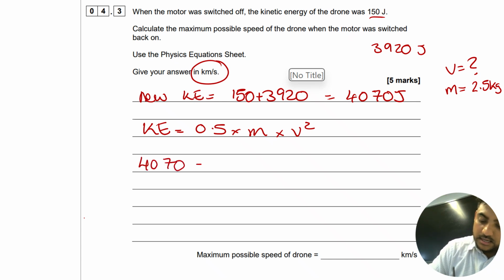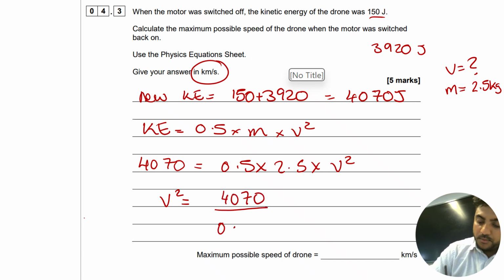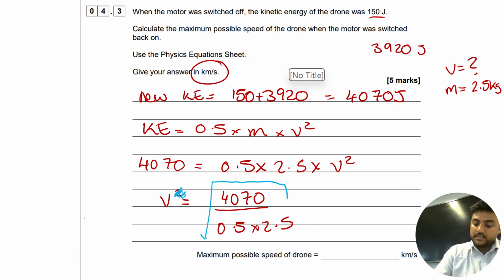4,070 is equal to 0.5 times 2.5 times v squared. A quick bit of rearranging gives you v squared is equal to 4070 divided by 0.5 times 2.5. Now I'm going to do something really cheeky. Instead of writing this out, I'm just going to edit my PowerPoint. If I get rid of the squared on this side, I have to square root this side, and that answer ends up being